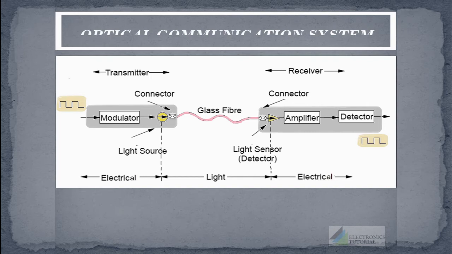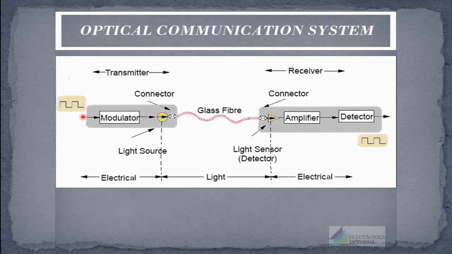These are the basic components of an optical communication system. The input data can either be analog or digital. Here we are considering a serial bit stream of data that needs to be transmitted. The signal is in electrical form. It is presented to a modulator. This modulator encodes the data appropriately for fiber transmission. Different modulation formats are used in optical communication systems.